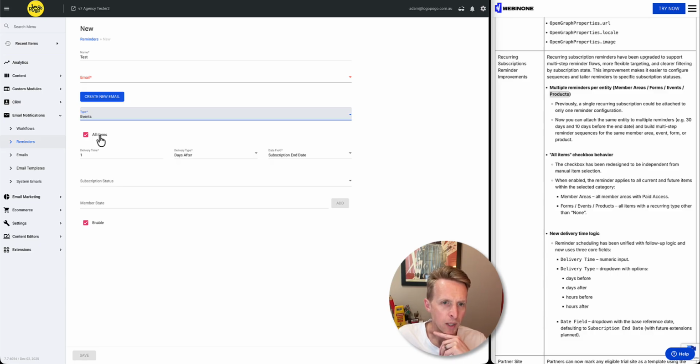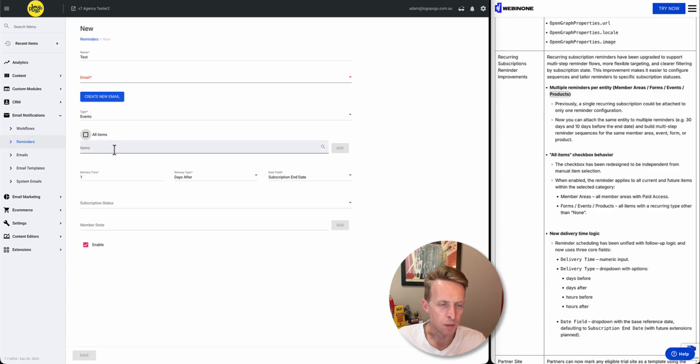Otherwise, you can disable that and choose specific items. So if you have an event that is set to recur, you can select it here and then just click add. So you can add multiple events. You might have 5 recurring events, so you can specifically choose those to apply to this reminder rule. So it's very flexible on what you can apply it to. Then, of course, as we had before, you can set the delivery time, if it's days or hours before or after. And at the moment,